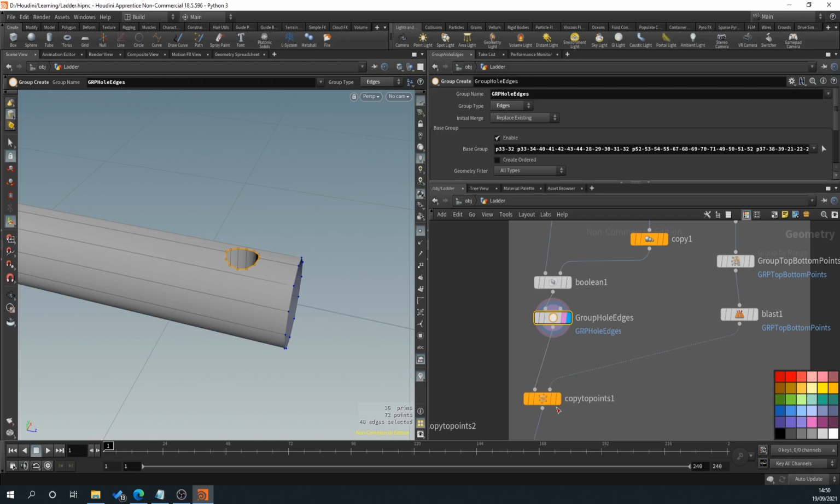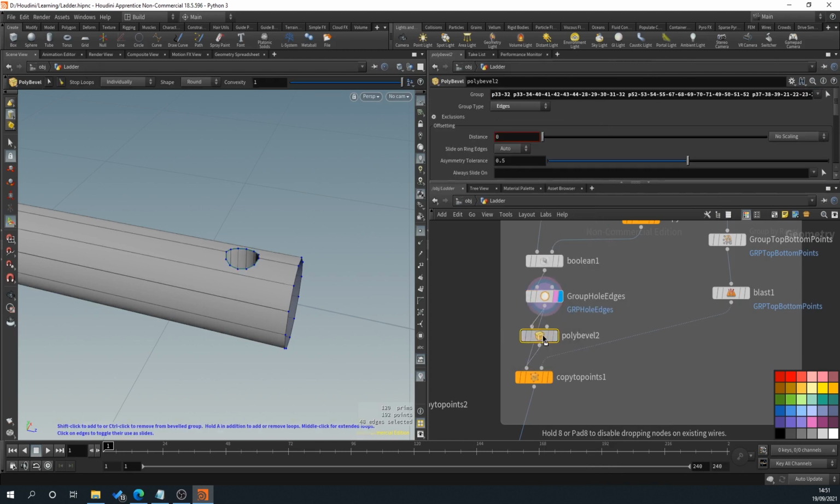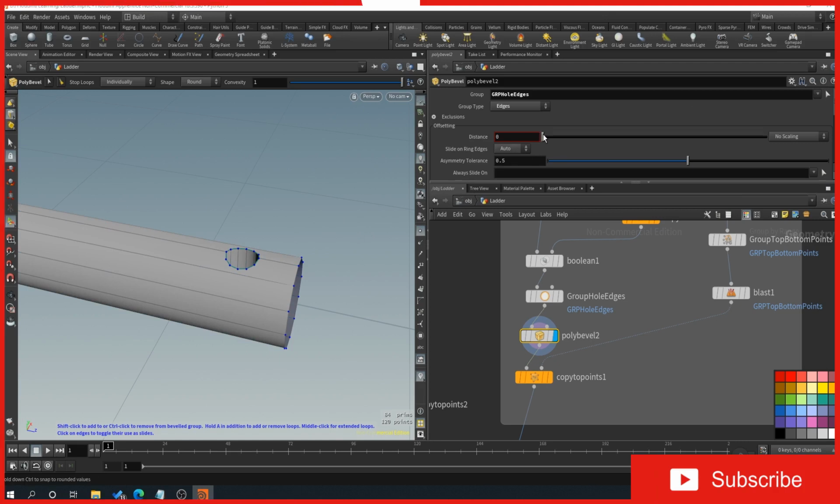And there we go. So now what's going to happen is when we drag off of this and type in a poly bevel, and slot that in, we'll go to our poly bevel, and we're going to select here in the drop down, group edge holes. So now you can see before that everything was selected, but when we select our group edge holes, only these are selected, and in theory when we move our distance,